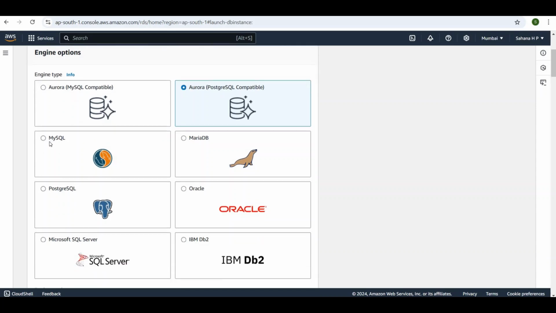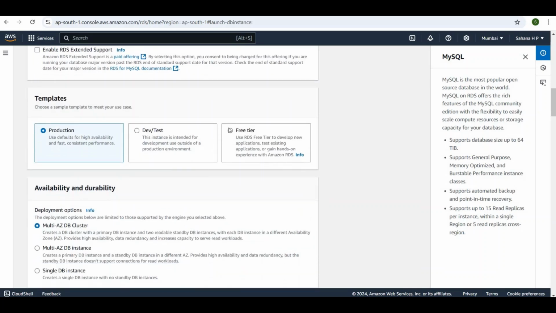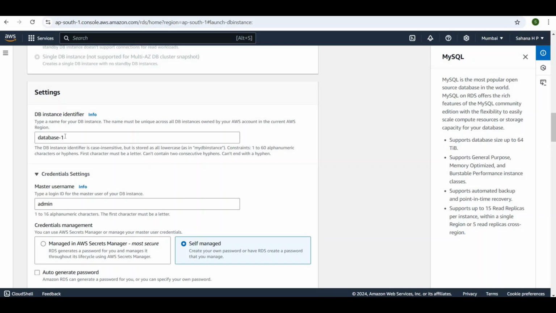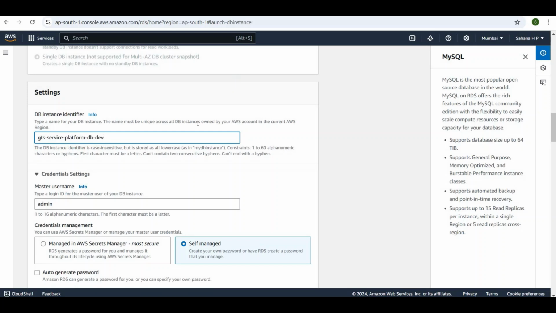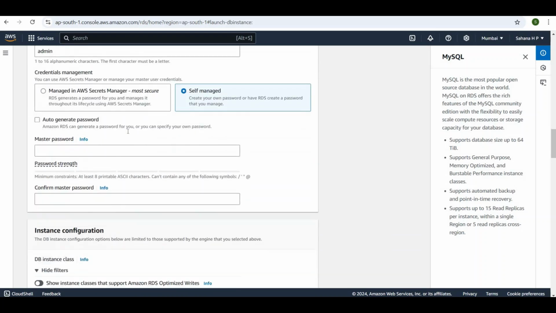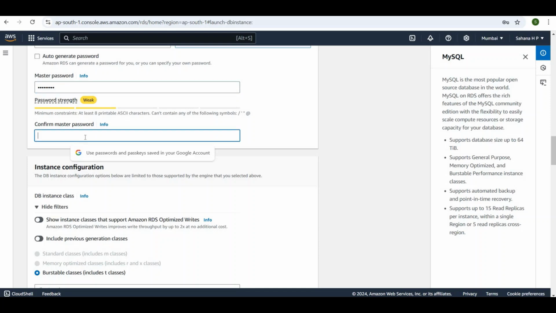select standard and select the MySQL option, and here select the free tier and database name. Go to Visual Studio, select a name, copy this name, GTS service platform, and paste it here. And admin self-managed password, so give password, confirm password,